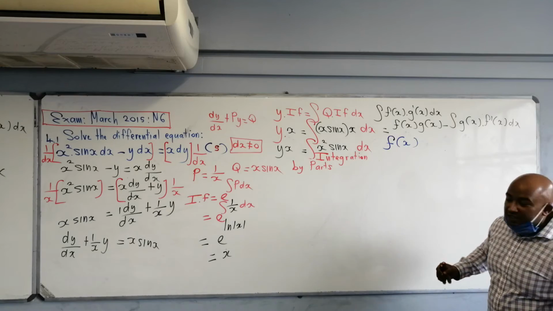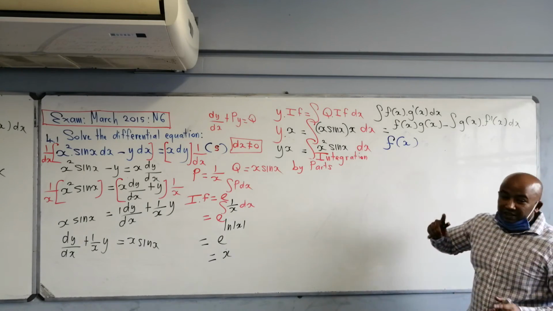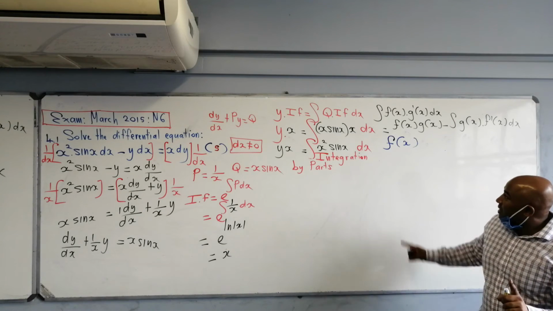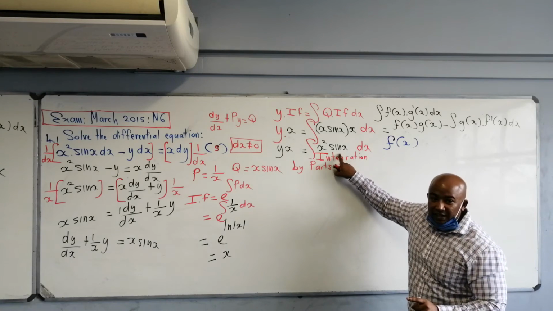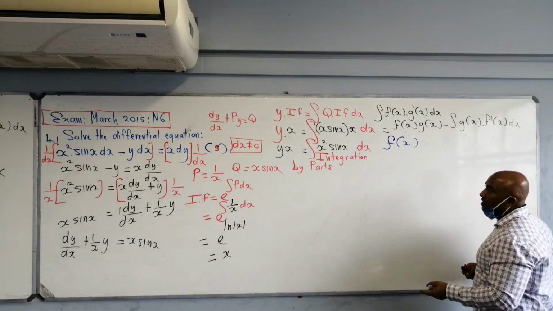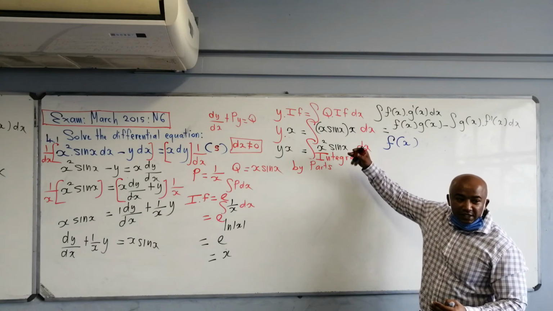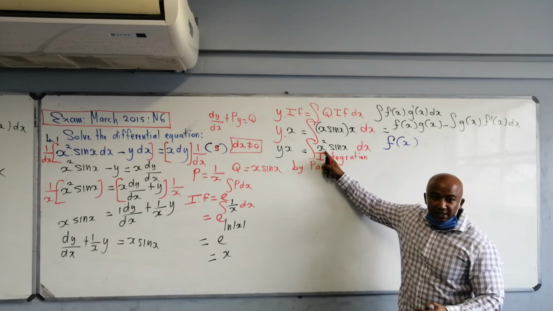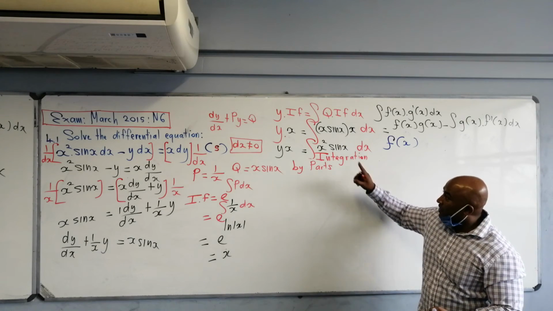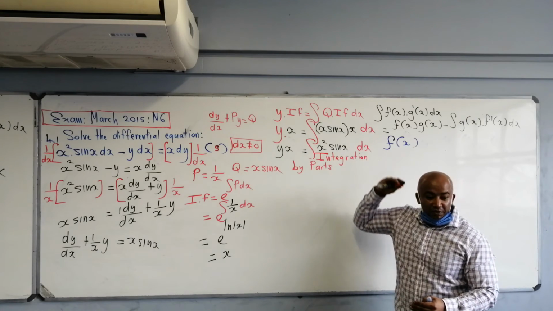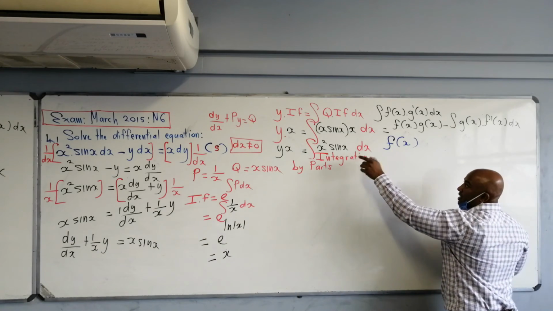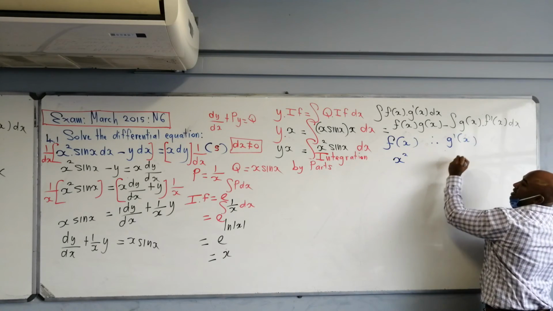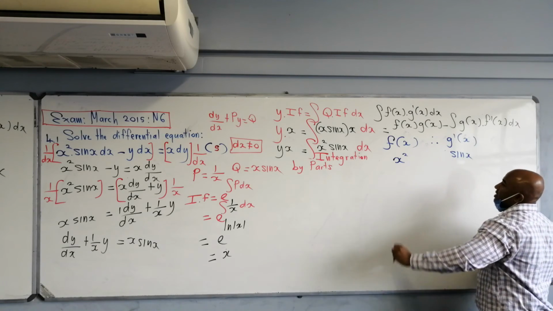from your priority list. I'm not going to use the formula here. I'm going to use the formula in a different way. I'm going to use the table method because my f of x is not going to be sine x. What's it going to be? It has to be x squared here. Why? Because number 1 is inverse, number 2 is logs, number 3 is powers of x, number 4 is exponential, number 5 is sine. So 3 is above number 5. So therefore, f of x must be x squared. So therefore, g prime x is equal to sine x. Now,